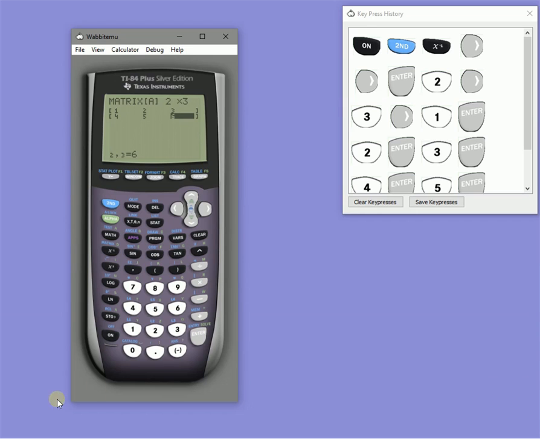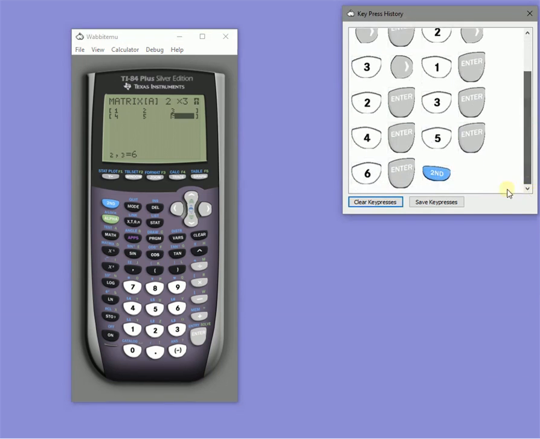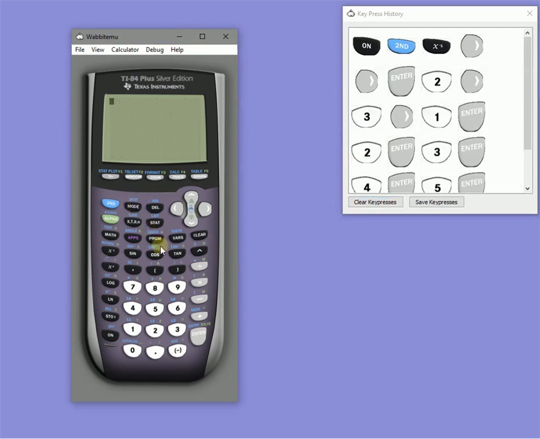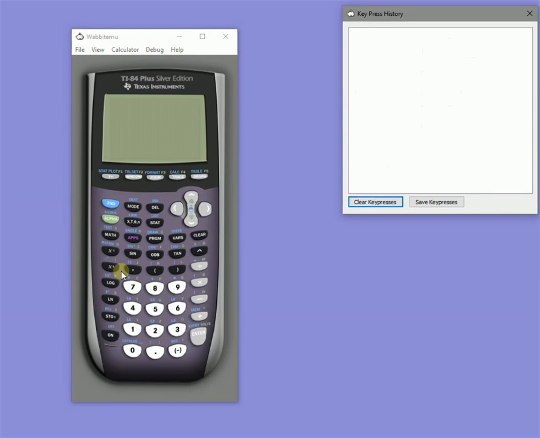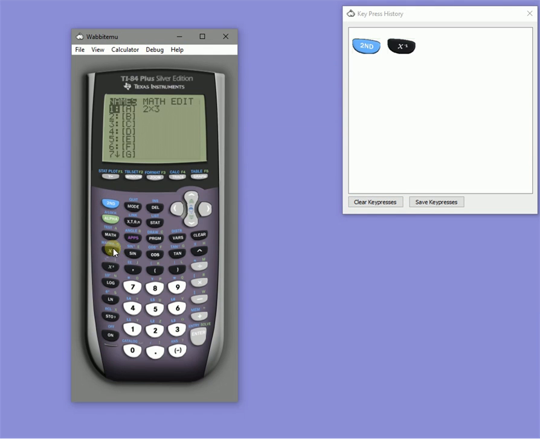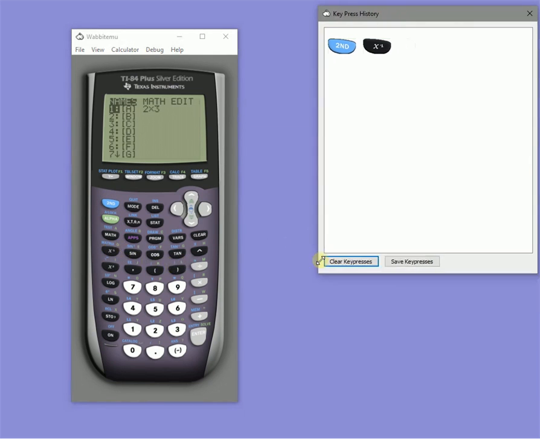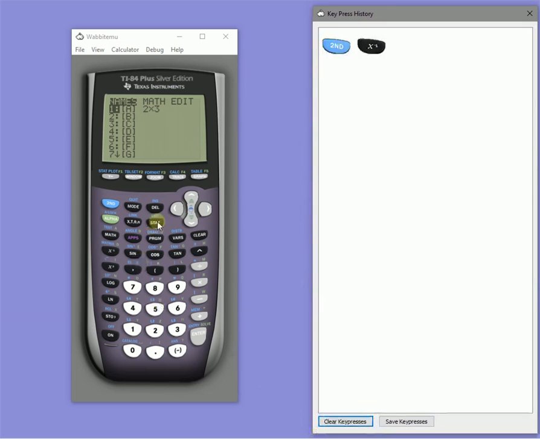Let's get a second matrix in there. So I'm going to push second and then quit. Got to go back to matrices again. So I'm going to have to push second again and then x to the -1. Make my key press history a little longer. There we go. Now, notice, now that I have data in my calculator, I actually see that A has